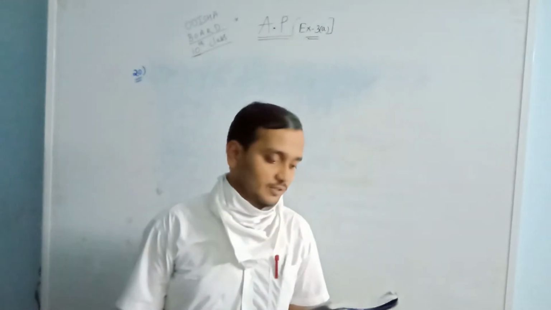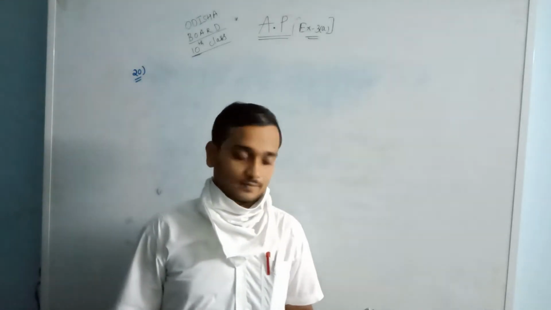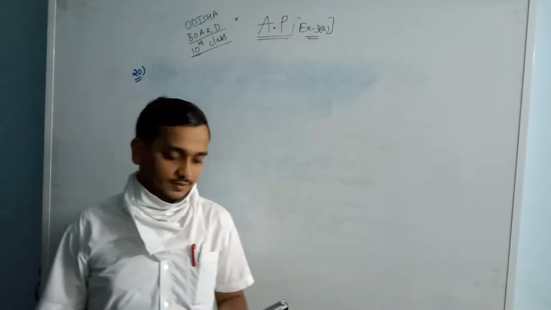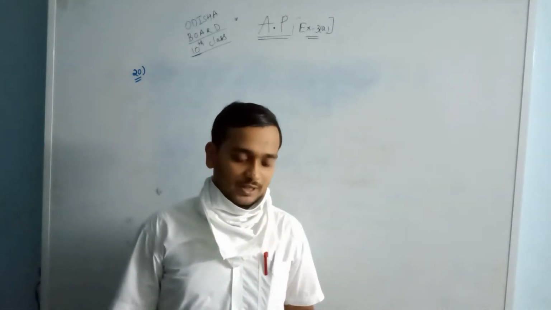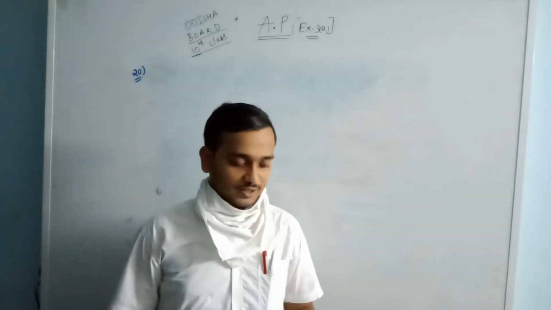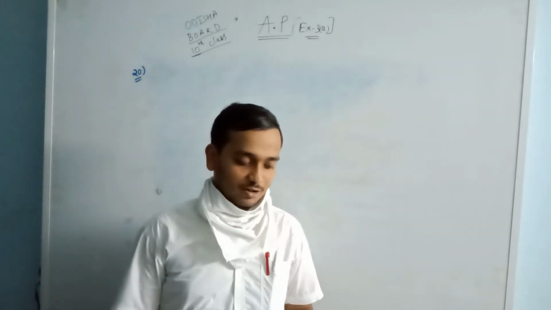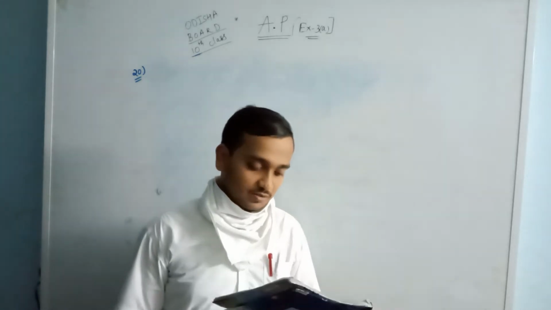All of you wrote the question number 19 clearly. Shall we move towards question 20? See, I am reading the question. There are 3 rows of n terms in AP. The sum of n terms is S1, S2, S3, and the first term in each row is 1 and the common difference is 1, 2, 3. Prove that S1 plus S3 is equal to 2S2.